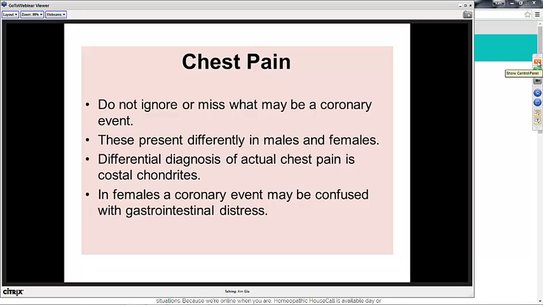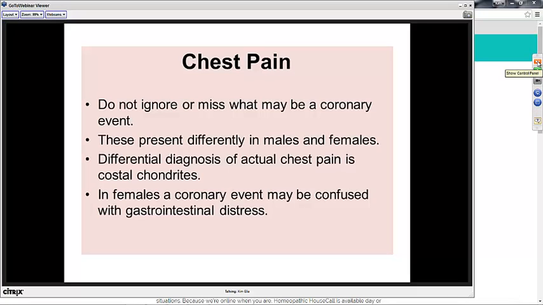Someone did point out that cold sweat might also indicate a coronary. Yes, as a nice differential. If a person is diaphoretic, if they're sweating, then the chances of it being a coronary event, in both males and females, is greater than something like costochondritis, where they're really not sweating unless they live here in Arizona.